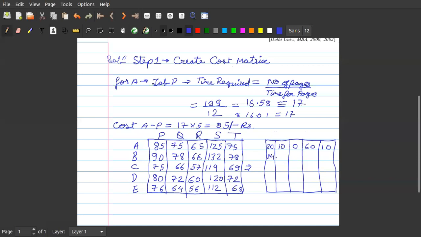Okay, so 24. Next is 78 minus 66, which is 12. Next will be 0. Similarly, next will be 132 minus 66, which will be 66. Correct? Then next will be 12.